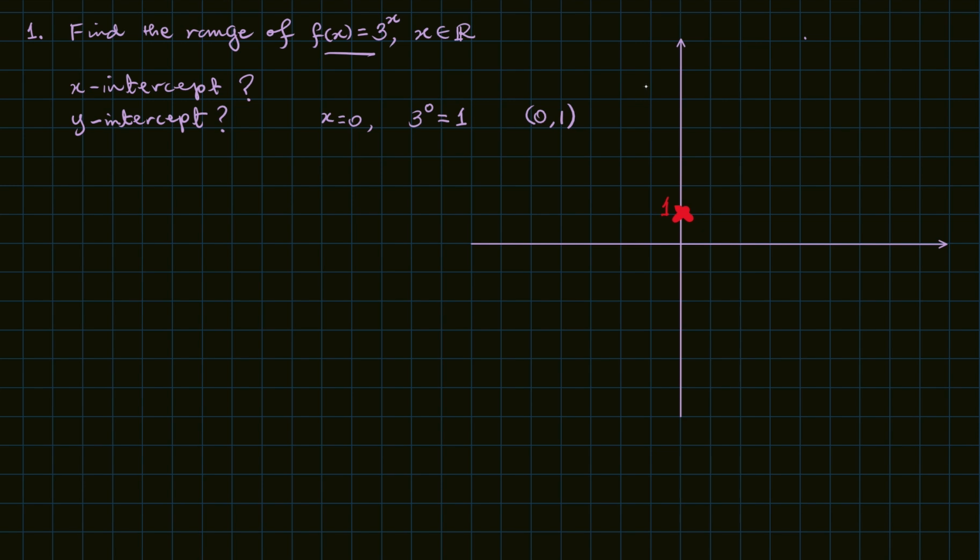The other thing is to then consider if there is an x-intercept. And we know that if our curve cuts the x-axis at any point, at that point y has to be 0. So we make y 0. In this case, our y is f of x. So we say 0 equals 3 to the power of x. And careful consideration will show us that no matter what x is, 3 to the power of x will never be equal to 0. And how do we decide that? We might want to consider